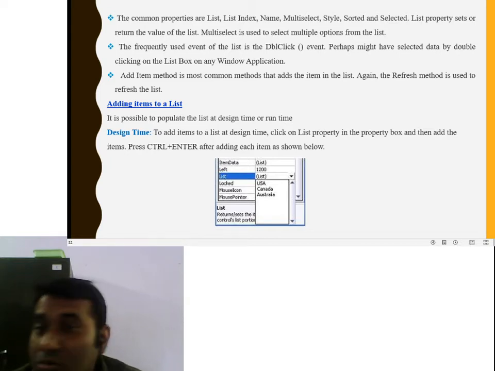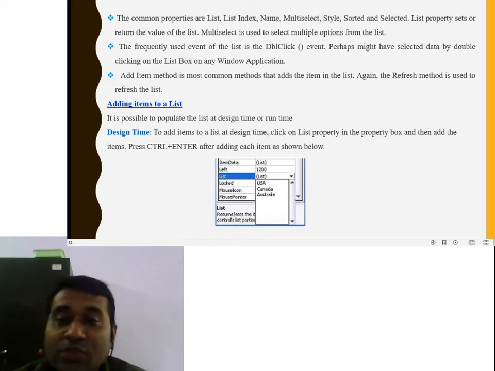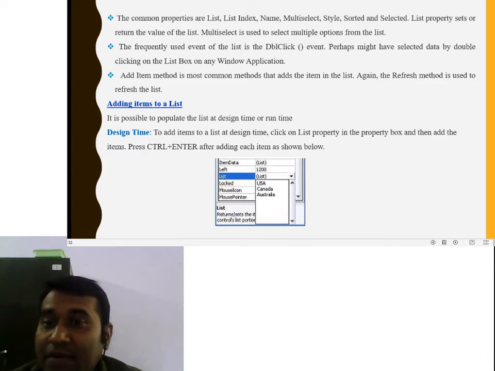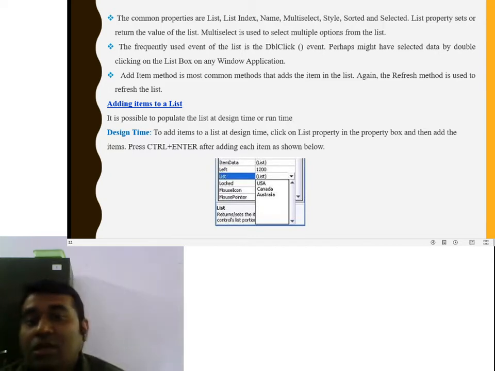Adding an item: how do we add an item to a list? It is possible to add to the list at design time or at run time. To add an item to a list box at design time, click on the List property in the Properties window, then add the item. Press Ctrl+Enter after adding each item. It is shown in the list box control.